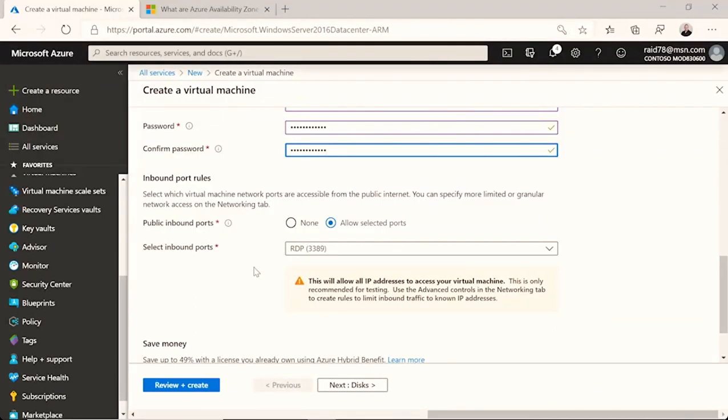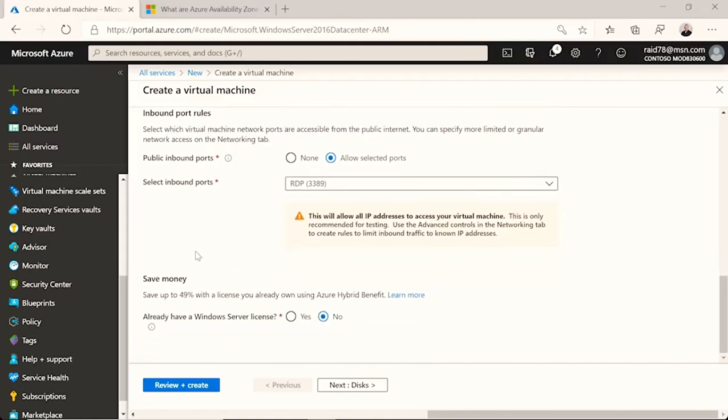But also, notice the warning message here. It's telling you you have a public IP address for this VM and a public port. In other words, this is potentially vulnerable. In most of your organizations, you won't be able to do this. You won't be able to open up this port, and this virtual machine won't get a public IP address. I'll talk more about that in just a little bit when we connect to the VM after we create it,